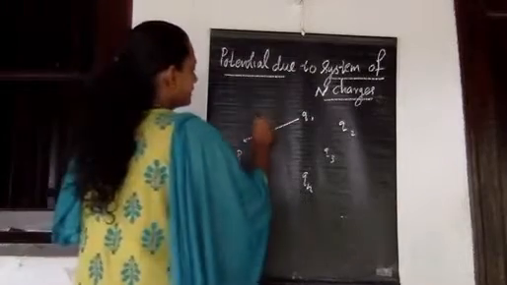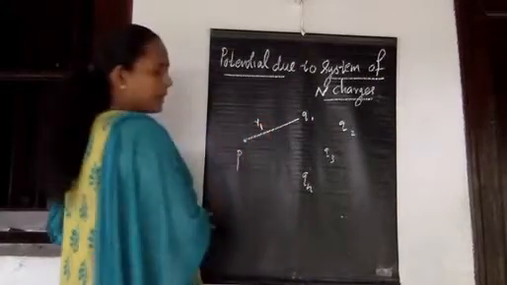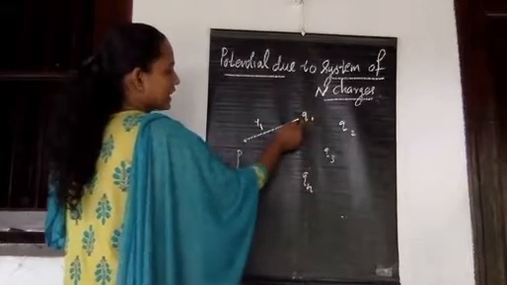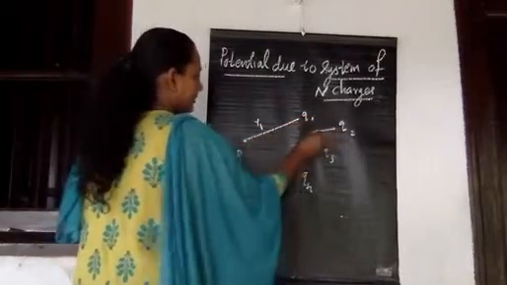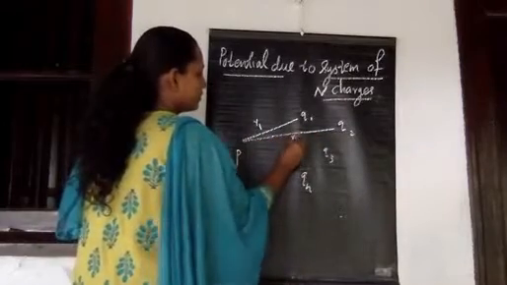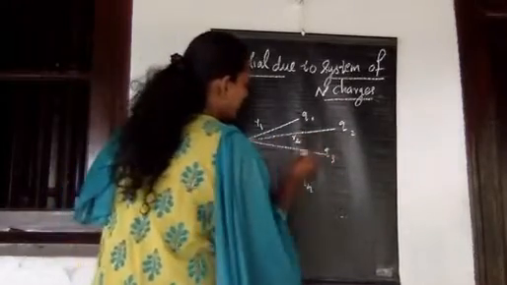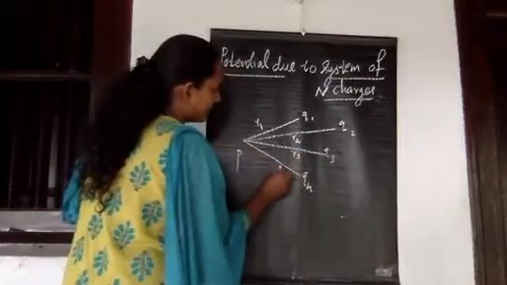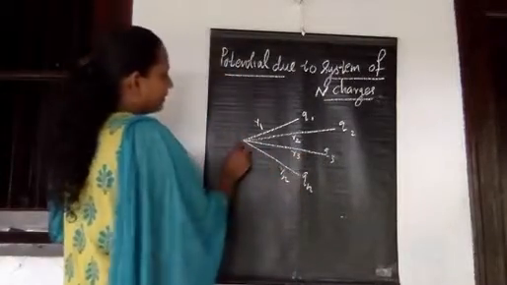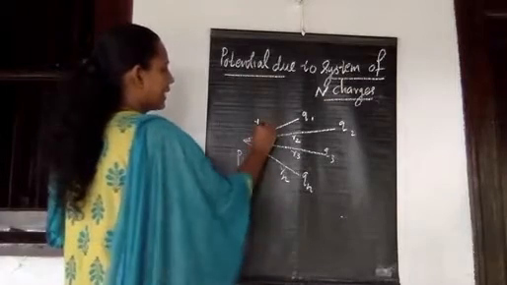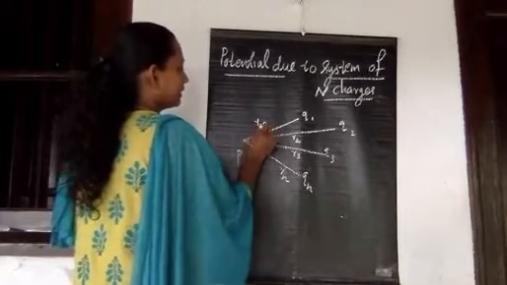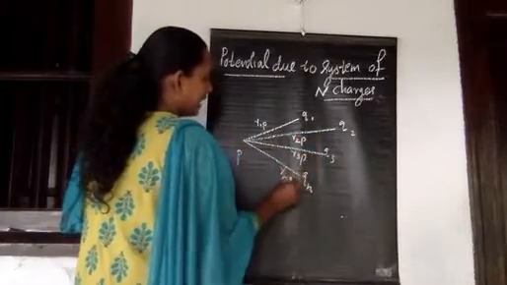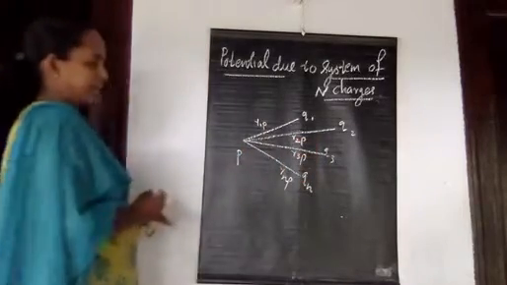So this distance you can write as R1, the position vector of this charge Q1, and this charge Q2 will be at a distance R2, and the charge Q3 will be at a distance R3, and this one will be at a distance of Rn. Or if you are considering P also, you can write this as R1P, this is R2P, this is R3P, and this is RnP.